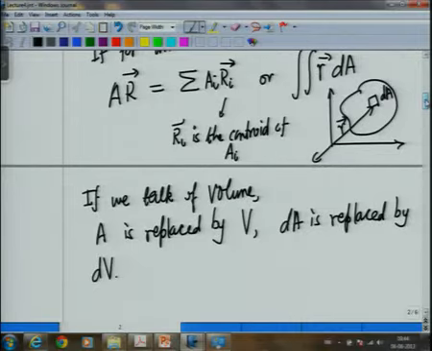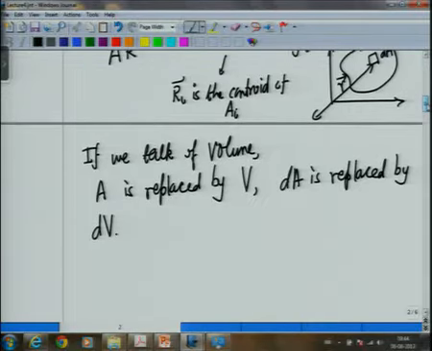This is how we talk in terms of volume. So this is the centroid of an area. Now we could think of terms like